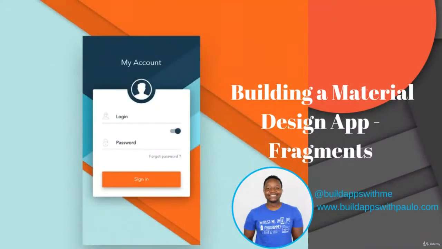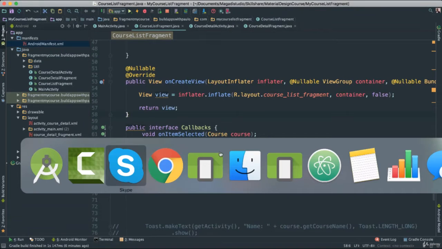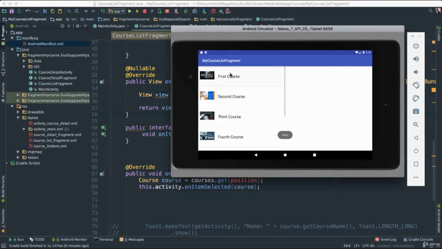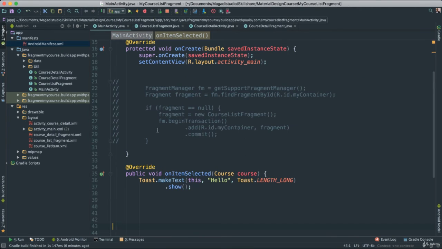All right, so at this point we have things set up, but if we run this app and try to go anywhere, let's see, click on here, it just says hello and doesn't take us anywhere. This hello is coming from our main activity that we added here. The best way to get things to work is for us to create an